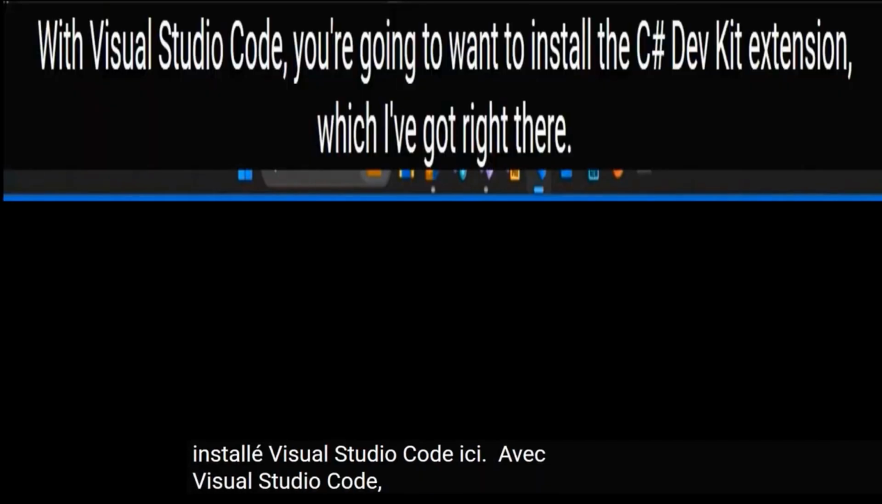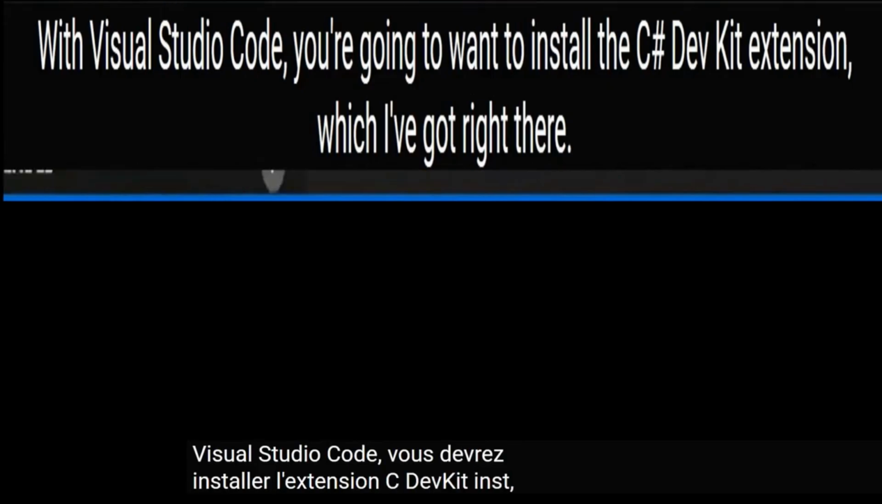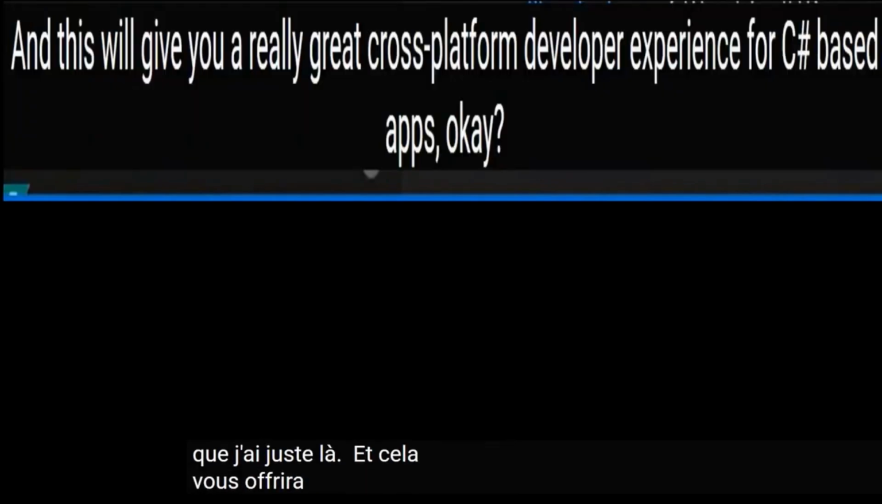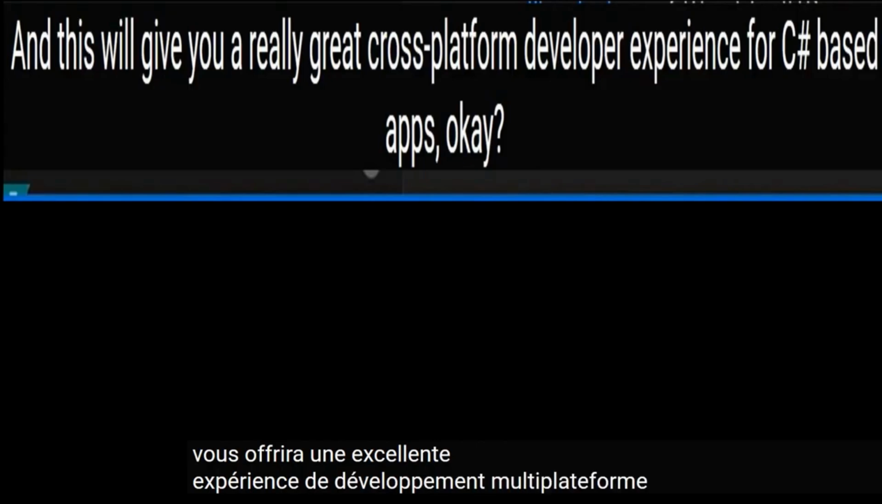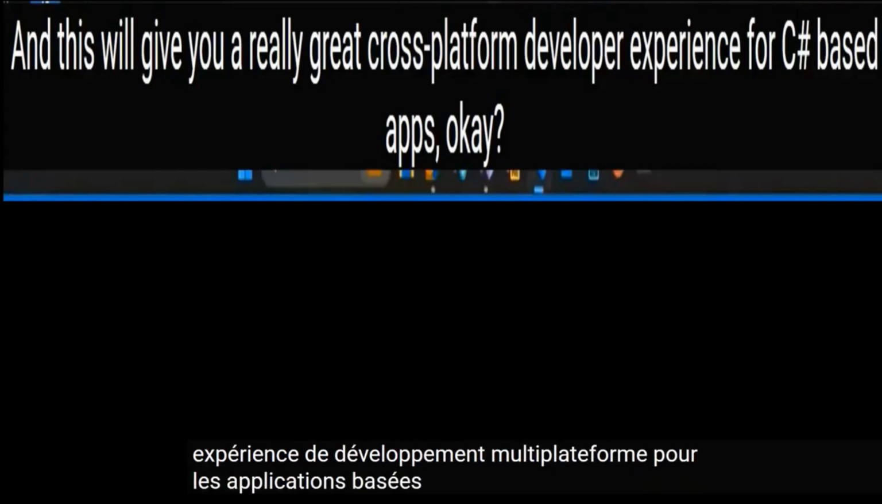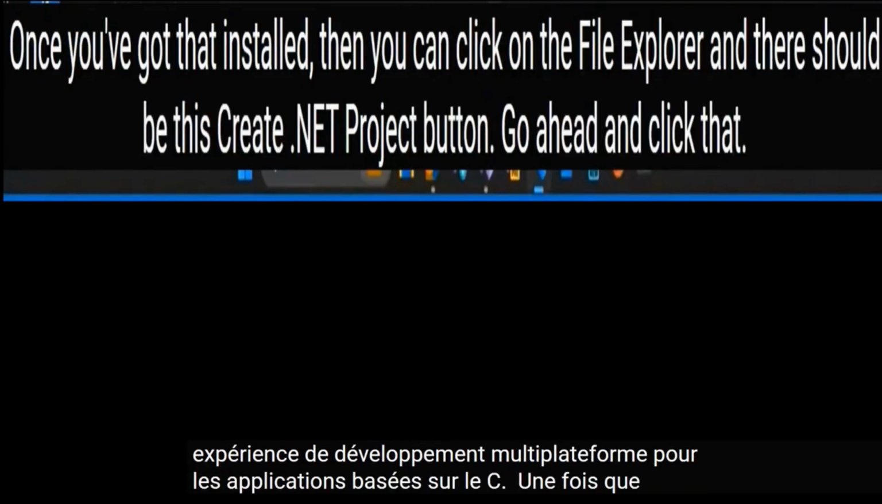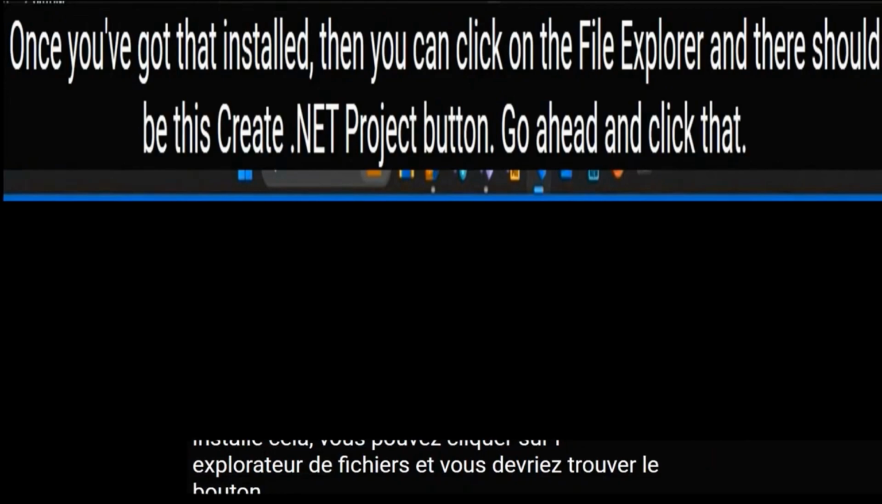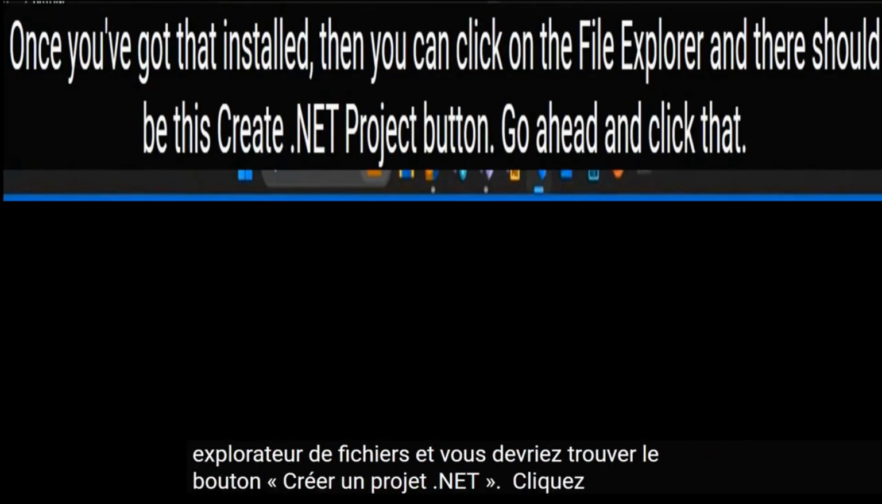With Visual Studio Code, you're going to want to install the C# Dev Kit extension, which I've got right there. This will give you a really great cross-platform developer experience for C#-based apps. Once you've got that installed, you can click on the File Explorer, and there should be this Create .NET Project button. Go ahead and click that,